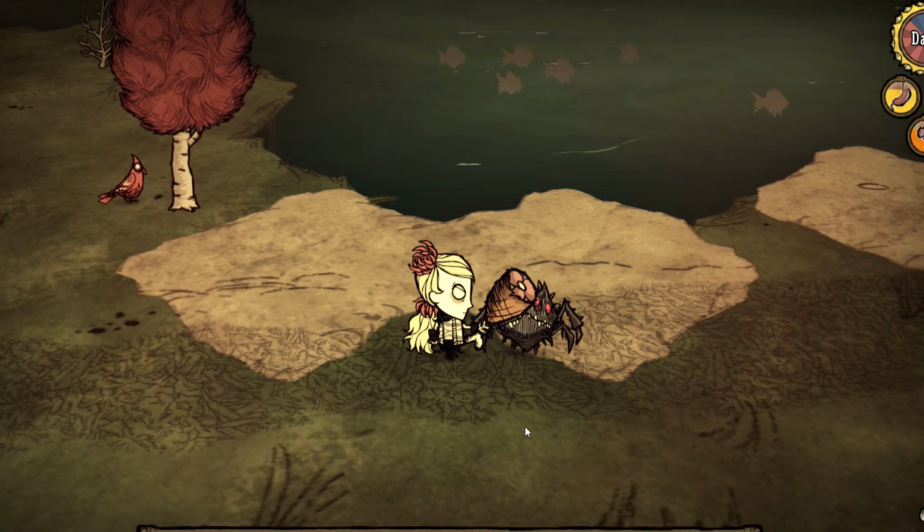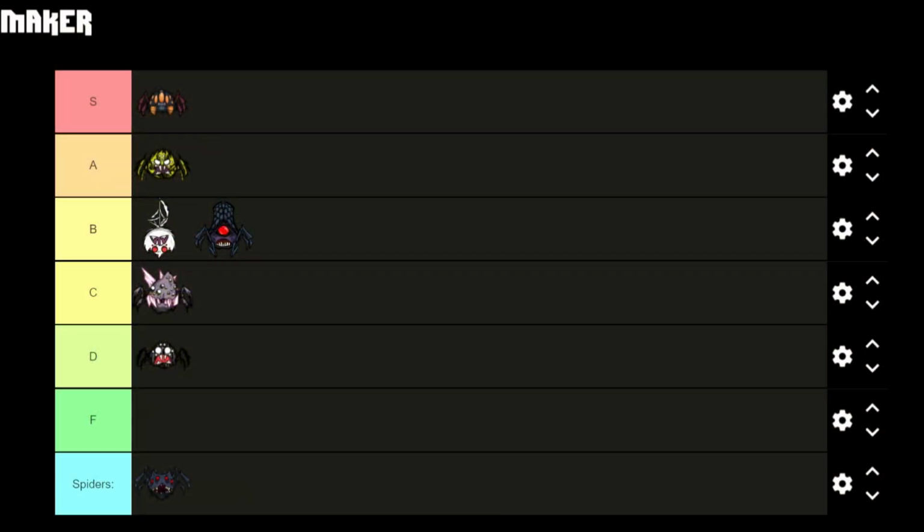Although this is a legitimate weakness, there are ways to mitigate this, which I will probably talk about in later videos. Because of their very high HP, unparalleled offensive capabilities, and decent availability, I place a spitter at the bottom of the S tier. So that's all 7 spiders, but before we conclude, I wanted to make one final and